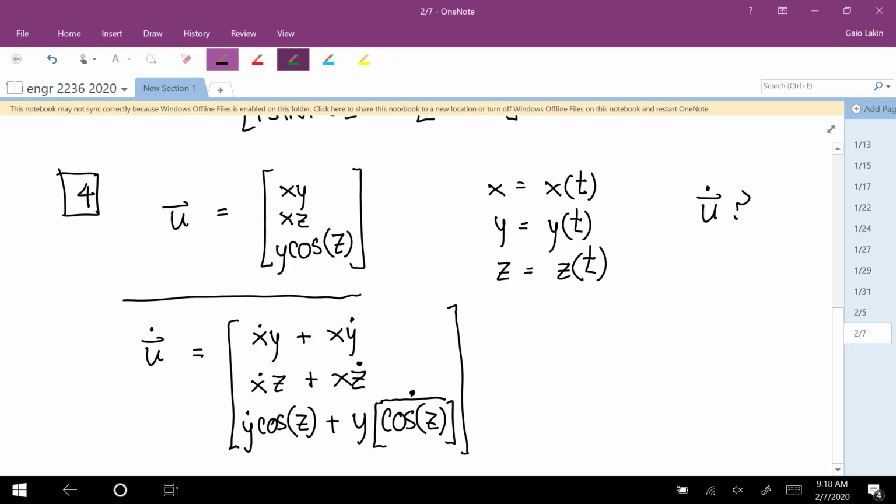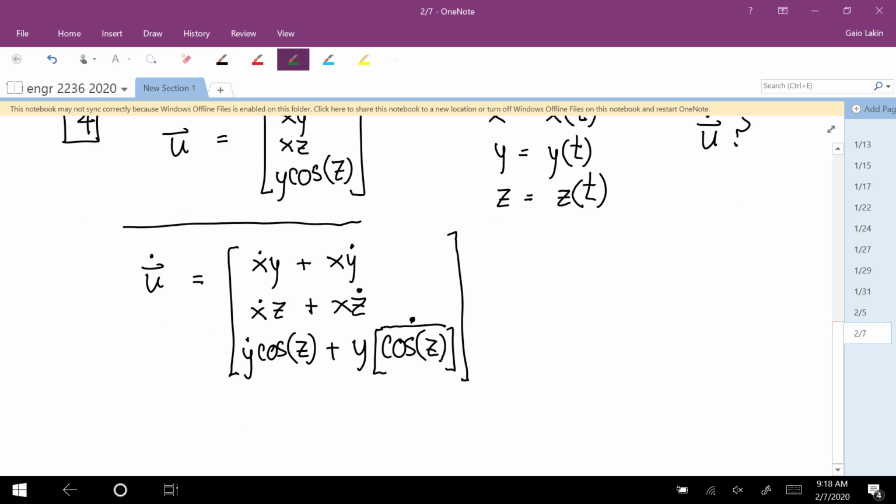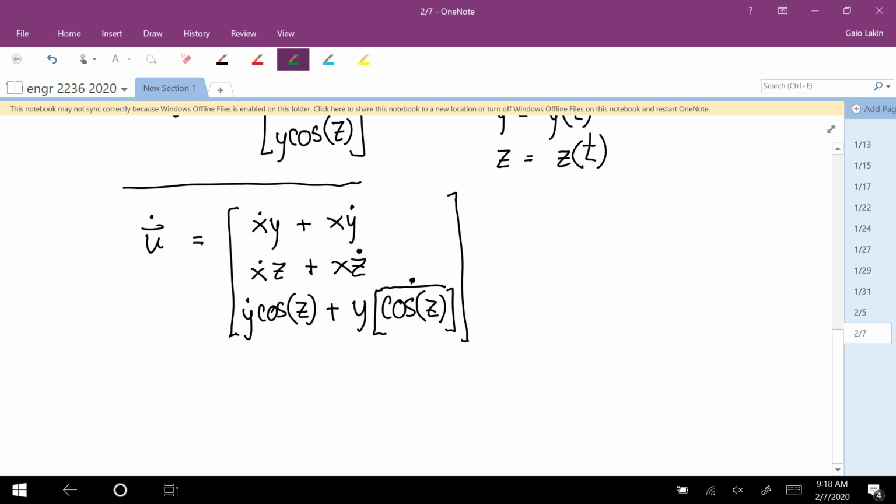But now we have to figure out what this cosine of z dot is. Everything else is in the, because you were only given 6 things that could appear in the final answer, and cosine of z all dotted is not one of them. So now let's go into cosine of z dot. Well, cosine of z dotted is,